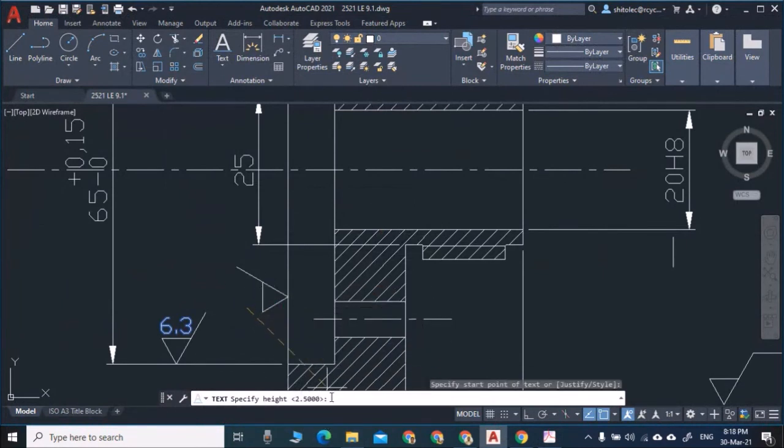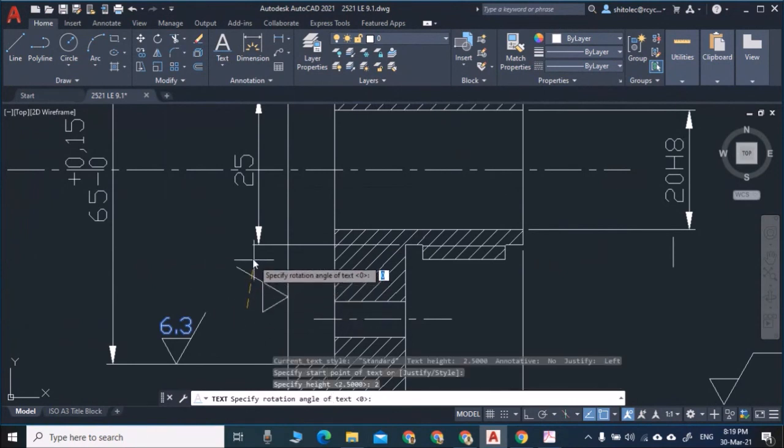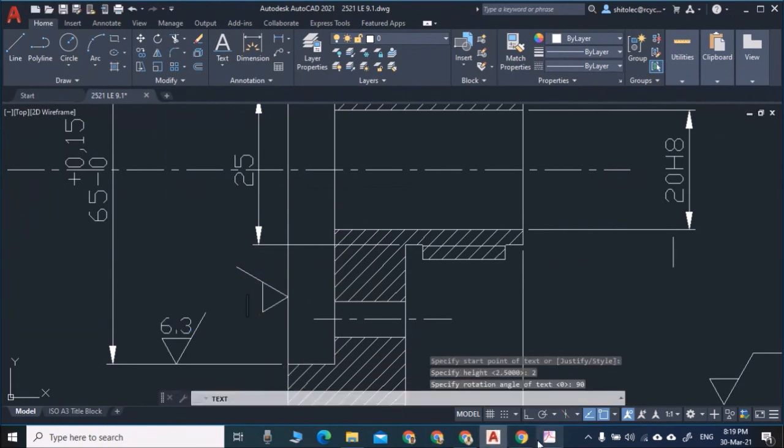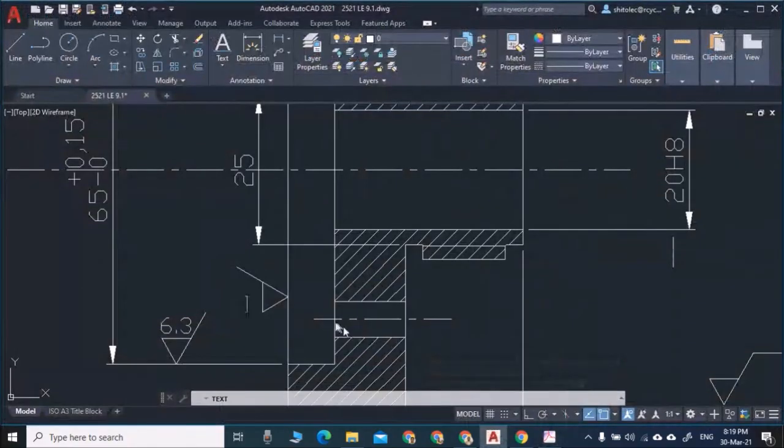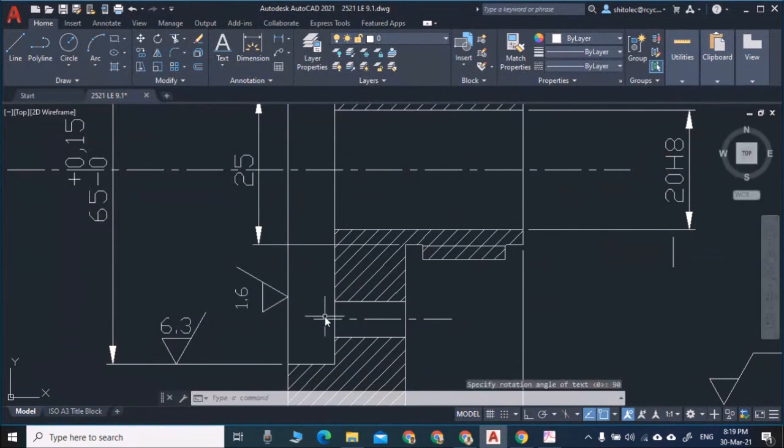Now height I will keep it, enter. Now what is the angle? I need to write like this, up 90. So I will write 90, enter. And what is the value? 1.6. Enter, escape. See now.